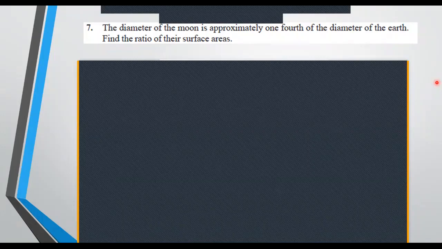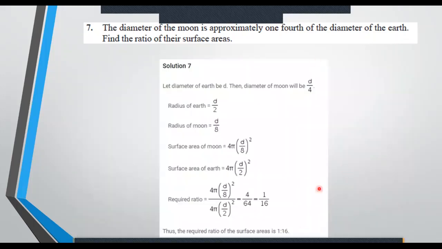Yes, ma'am, it is 1:16. Please see that you continue with x or d, whatever you want. Finally, do not leave the answer as 1/16. Because they have asked you about the ratio, give the answer in the form of a ratio, 1:16. This will fetch you another half a mark. If you leave it till the earlier step, you'll get 2.5 out of 3, because they want a perfect ratio symbol.